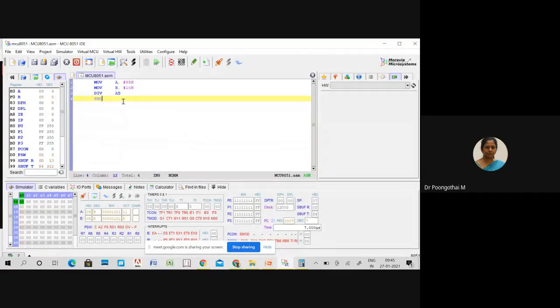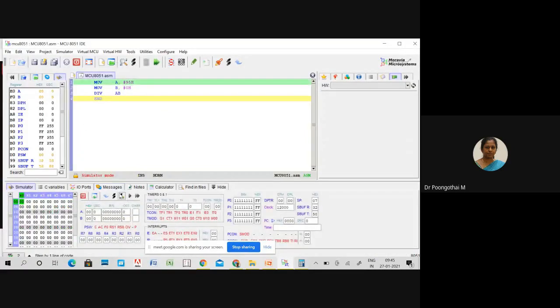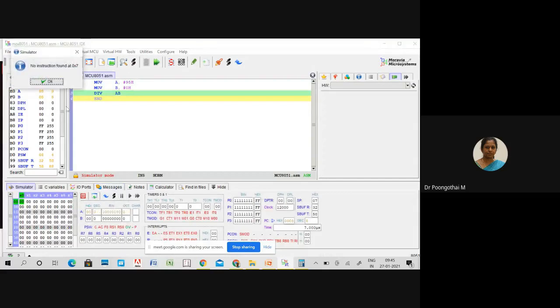So next I'm going to change this divisor value, for example, to 0. Execute this. So your answer is 0, your accumulator holds 0, B register also holds 0, and the overflow flag is set to 1 to indicate a divide by 0 error. And carry is also 0.